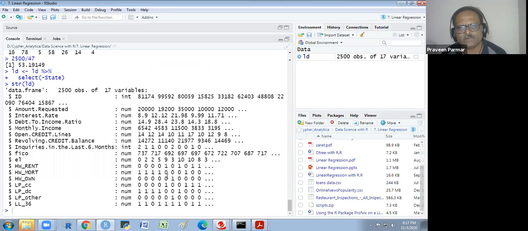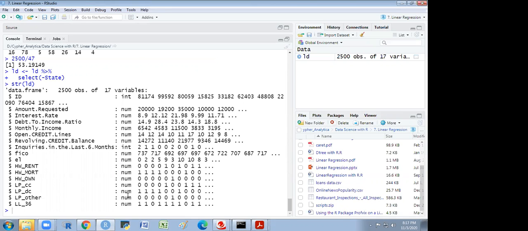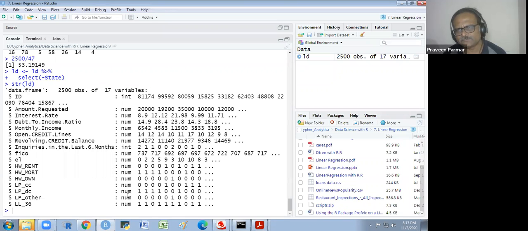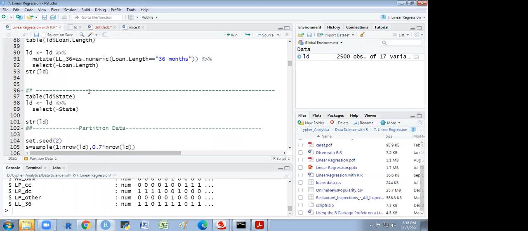Now, you see, we have all numeric and integer. There is no character. There is no factor. Excuse me, sir. Can we use the null function to remove the column? A null function, we could use that also. Here we are using the dplyr function select for removing. If we put a minus sign, then it will remove it. We could use null also. Don't worry, both are the same thing.